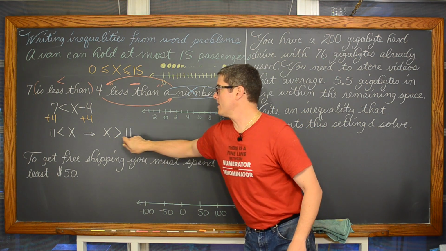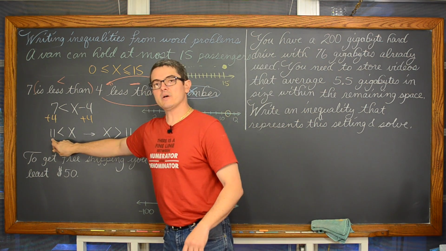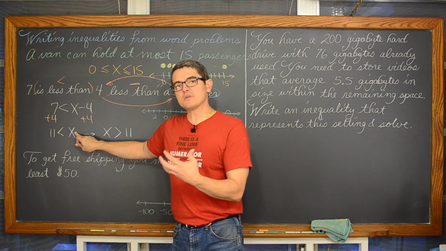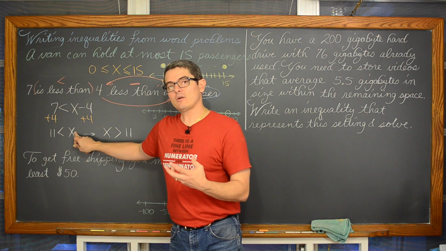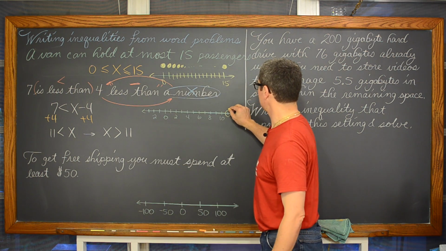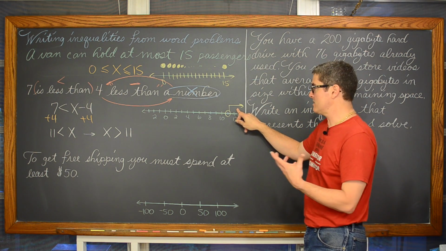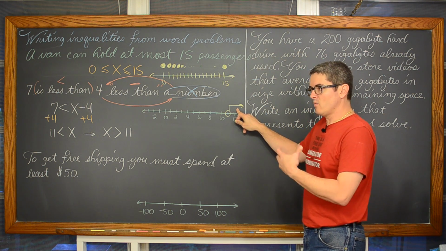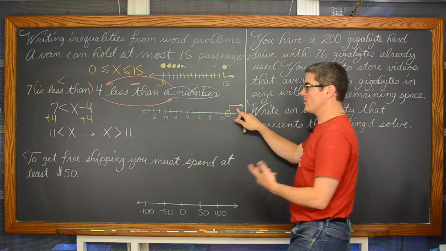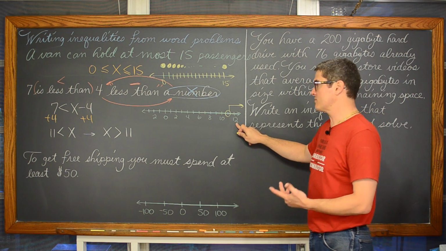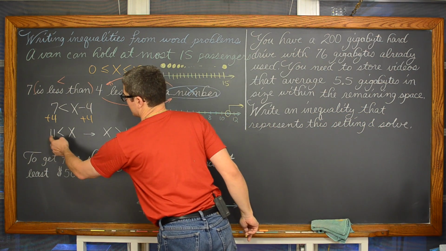And x is greater than 11, or 11 must be less than all of the numbers that are represented by the shaded region in our number line, or x. So we're going to shade to the right, because if I shade to the right, I'm shading the area where those x values are that are going to make this statement true. And if I say I'm shading towards a value of 12, and I put 12 in for x, yes, 11